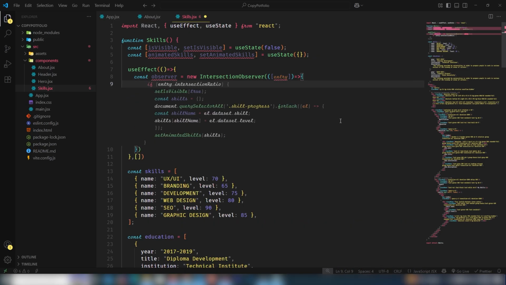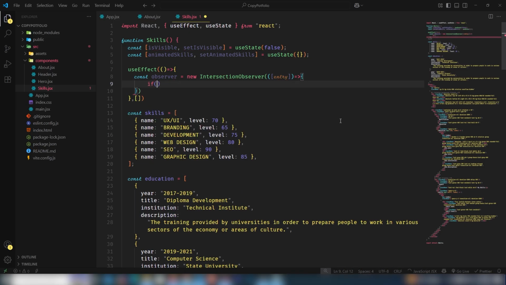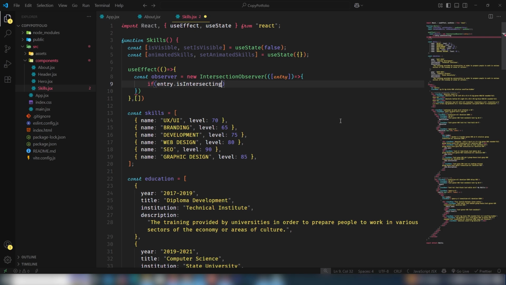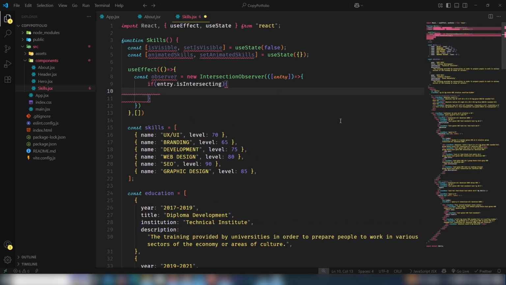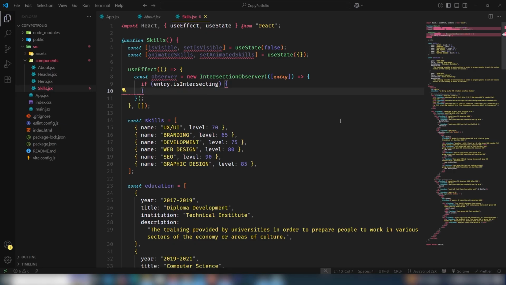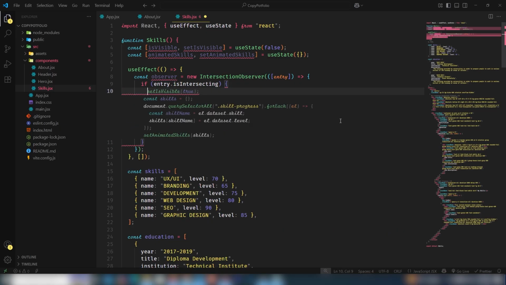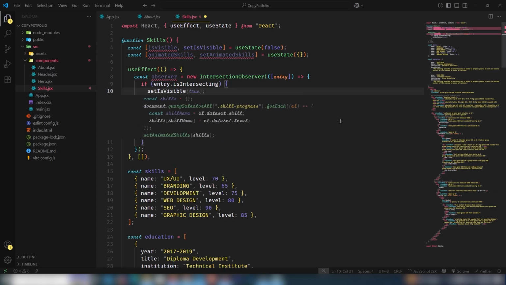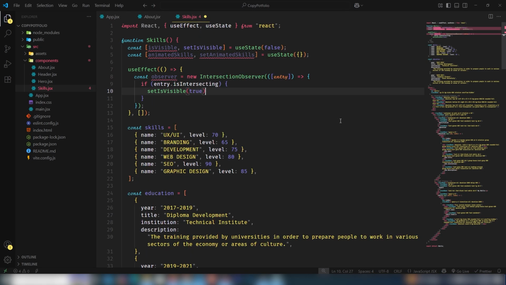I'm going to use the entry. If the entry dot isIntersecting exists, then move on there. Right, so it's very tricky, guys. So setIsVisible, I'm gonna send true,